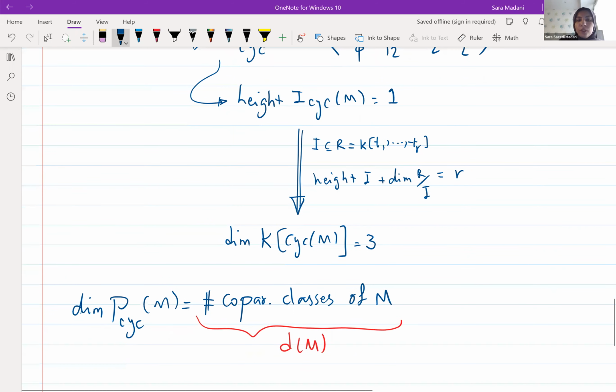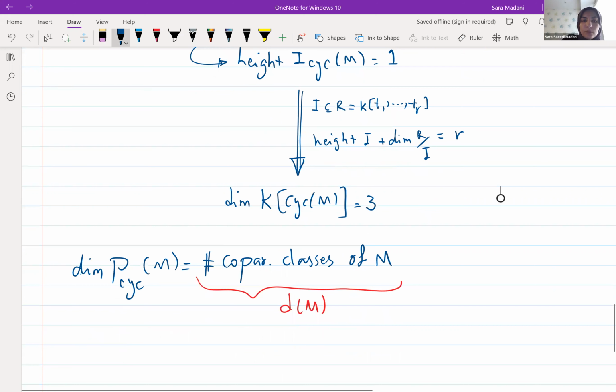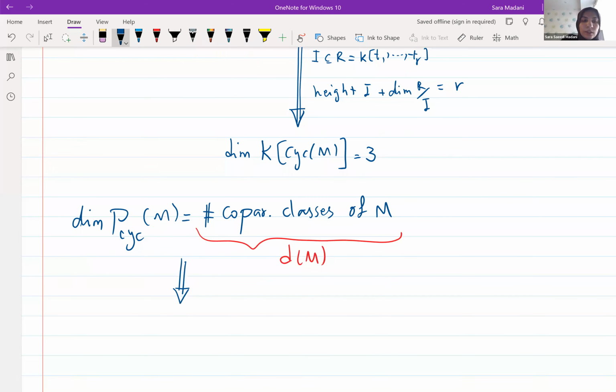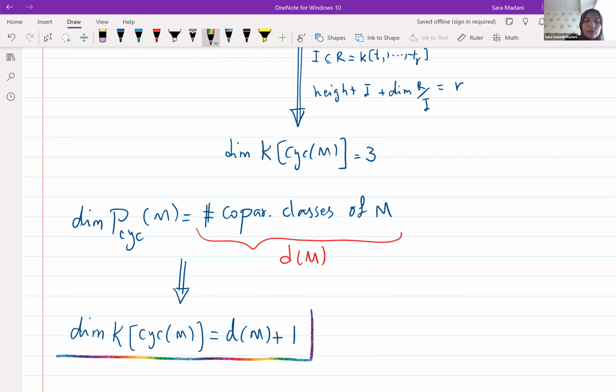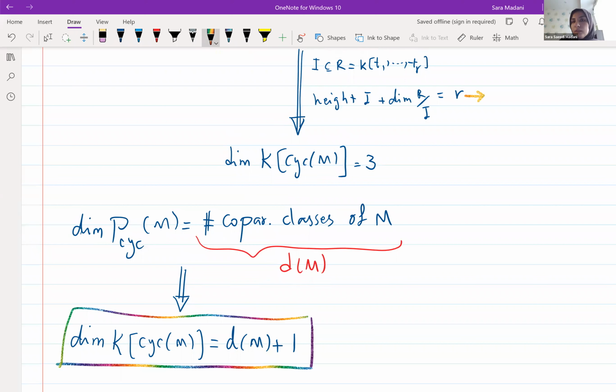So from what I claimed, that is proved, the dimension of the cycle algebra would be D of M plus 1. Okay, so we have this formula now, and hence, again with this familiar formula, we know that the height of the cycle ideal would be, okay,